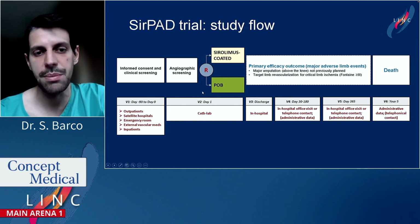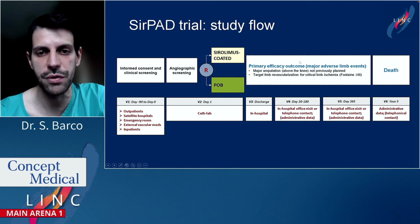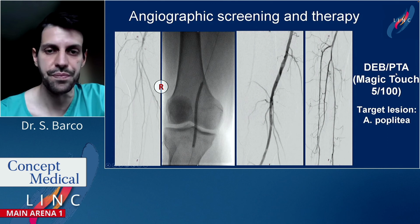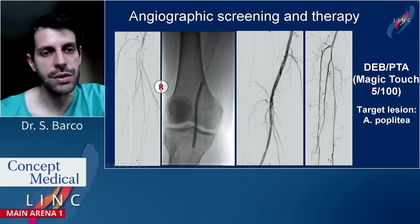And on the same day, cath lab randomization to the two treatments. Then there are multiple assessments over the first year for the primary efficacy outcome, and ultimately a safety analysis within 5 years for the primary safety outcome, all-cause death. You can see here how the